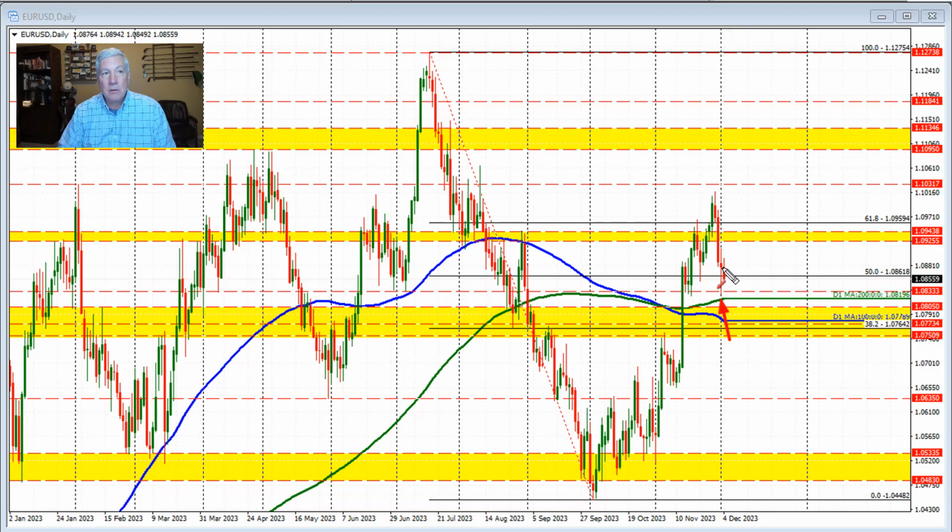upside. We did close back above the 50% retracement of the move down from this high for the year to this low for the year, which was in July and in October. The 50% comes in at 1.08618, and as you can see, we just moved back below that level, currently trading at 1.0859, so below the 50% midpoint. That might be a barometer in trading here today. More bullish above, more bearish below. We'll see how that all pans out and see if there's a momentum around that level,